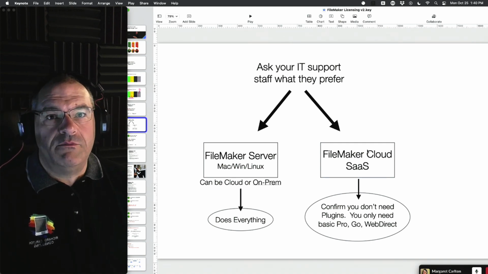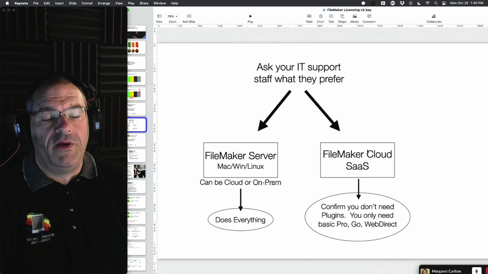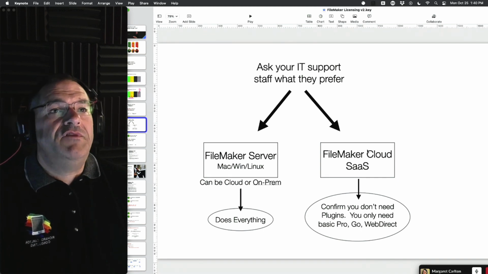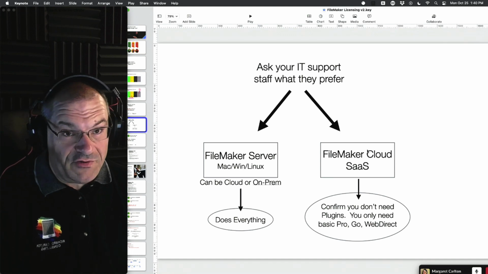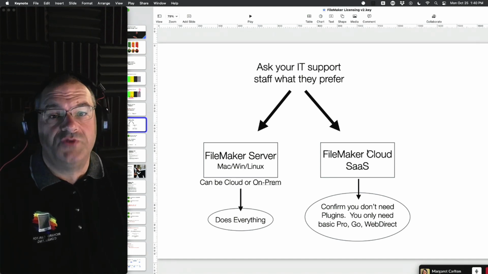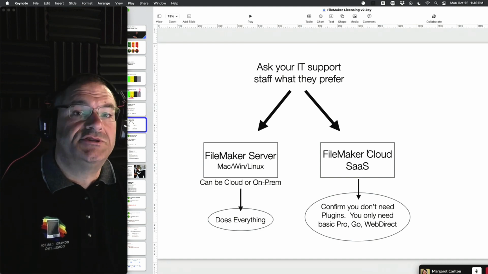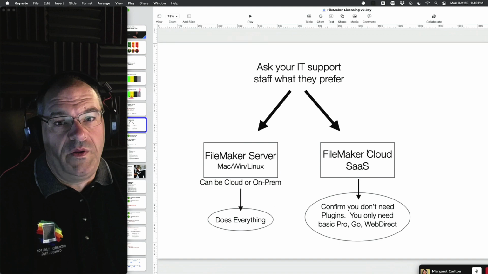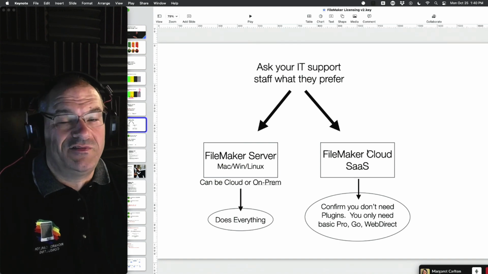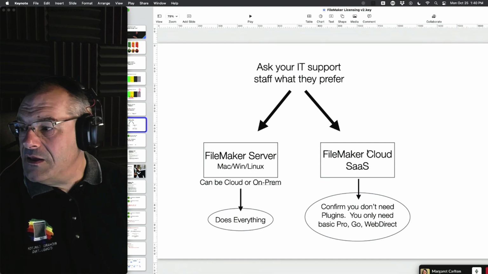I think the trick with FileMaker is understanding that the minimum installation is 5 users, and so the minimum cost, and we run into people with this once in a while who really hate this, on an annual basis is about $1,000. Now, if you want just a copy of FileMaker for yourself, the best way is to buy one of my training bundles. Like a 2-year deal on my training bundle, you can get it just for yourself, and it's a lot less than that. However, that's kind of an outlier. I think most people need the training, but they also have at least 5 or 10 users that they support, right?